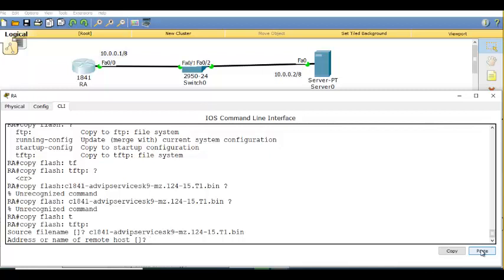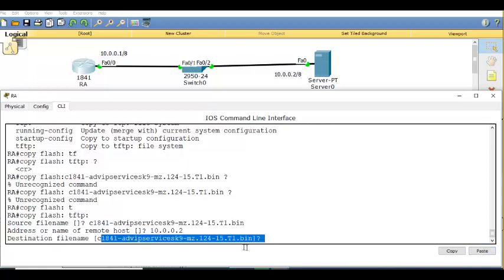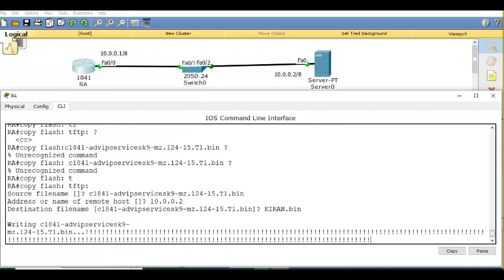What is the address? 10.0.0.2. Now it is asking, should I keep the destination file name like this? I say, no. I want it to be kiran.bin. See, it is copying.